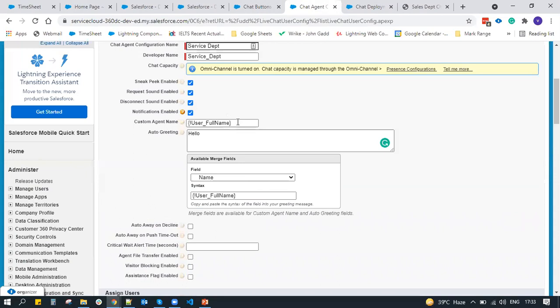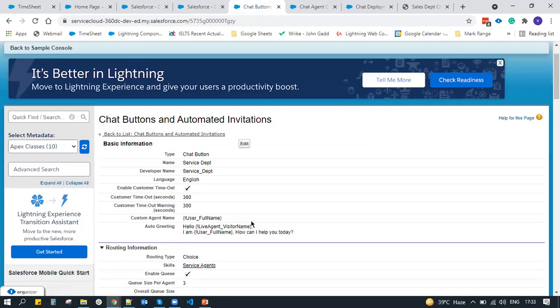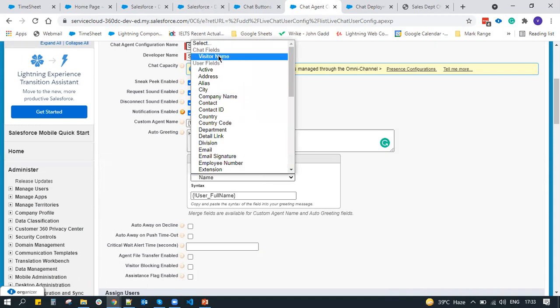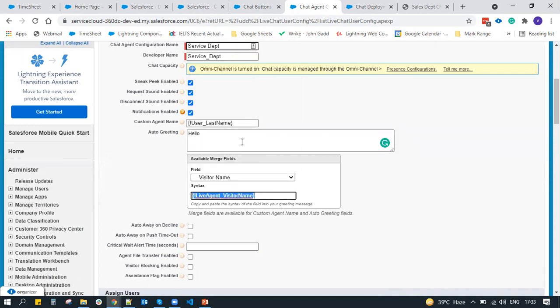For example, for an agent, we do not want to show the name of the agent, we just want to show the last name. So this is going to override the chat button's functionalities, or you can say these features. So chat agent configuration is the additional feature that can be added. Hello, visitor name. How are you doing?